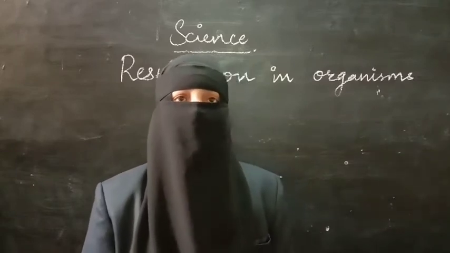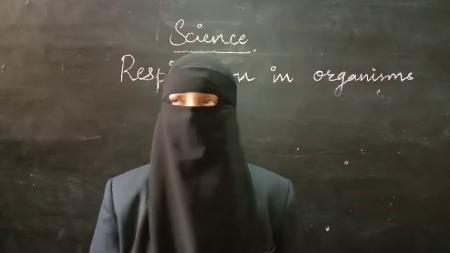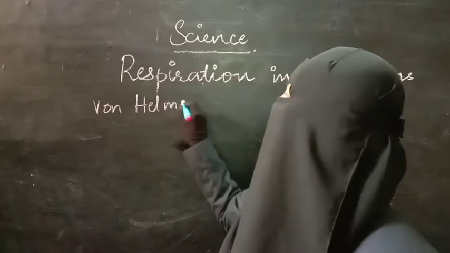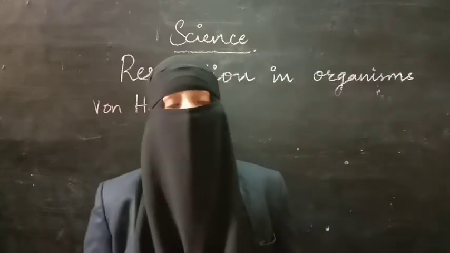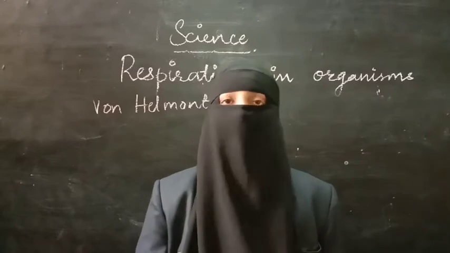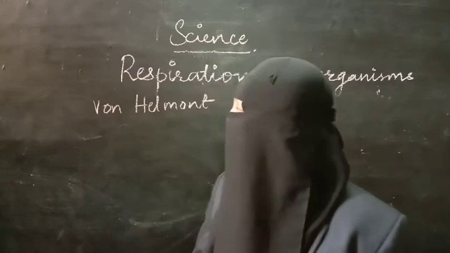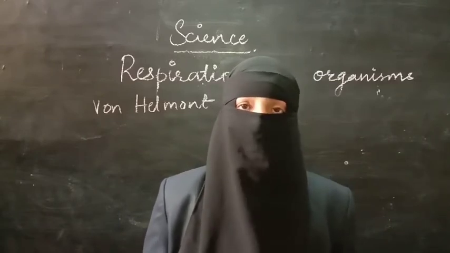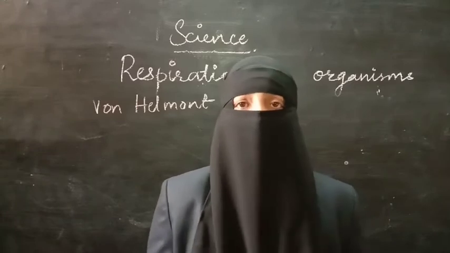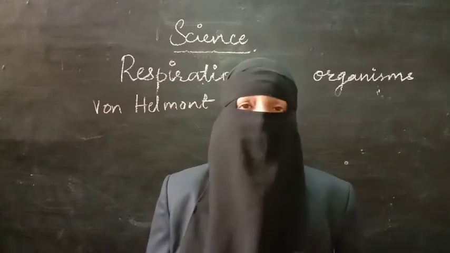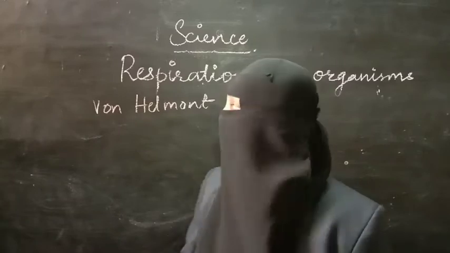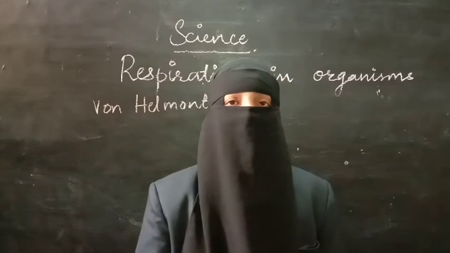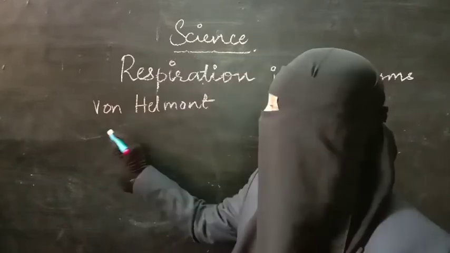One of the scientists is von Helmont. We have learned about von Helmont, right? John Baptist von Helmont had studied an experiment on a willow tree. That we have learned in the lesson nutrition in plants. In the same way, we have done one more experiment to know what the air contains. Does it contain anything which is invisible, or why is there a difference in the exhaled air? The findings of this were started by von Helmont. Von Helmont did an experiment using charcoal.